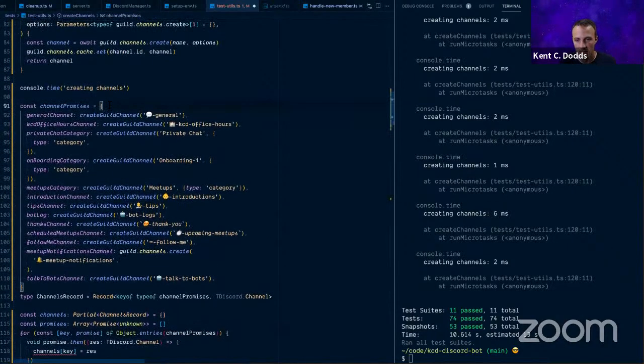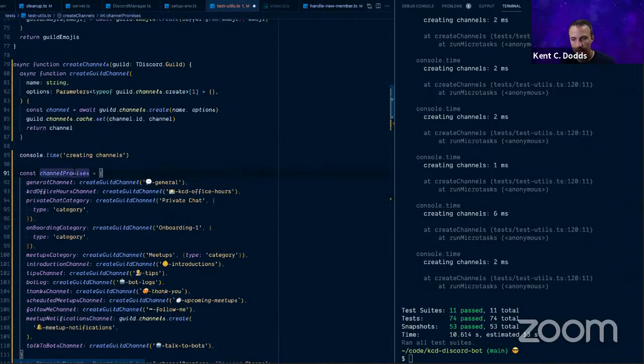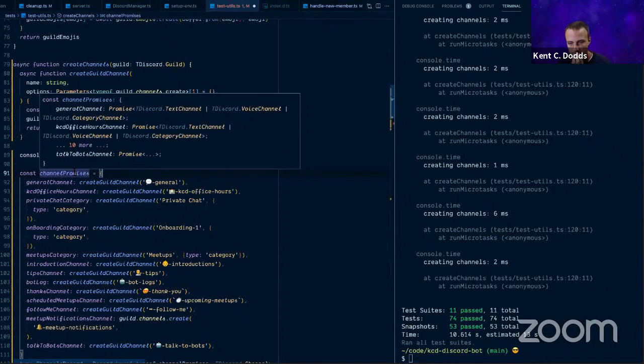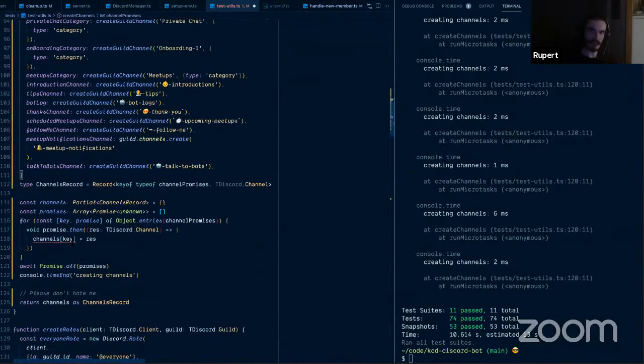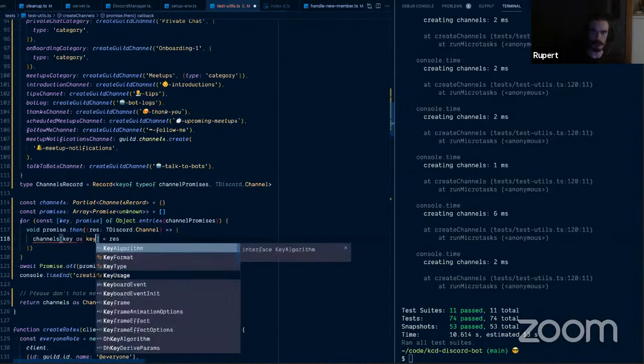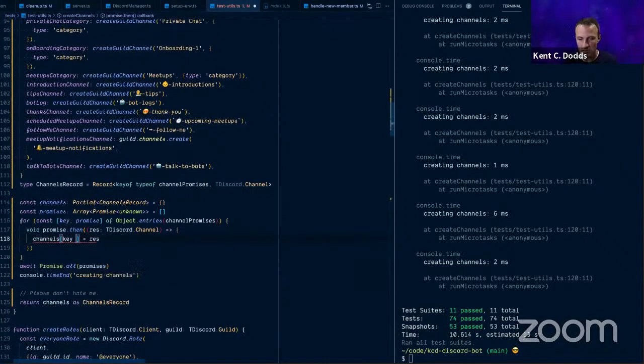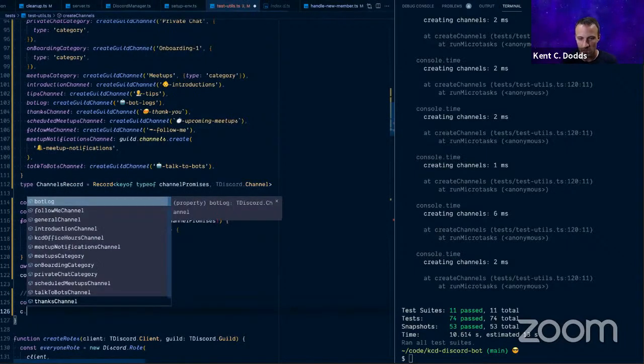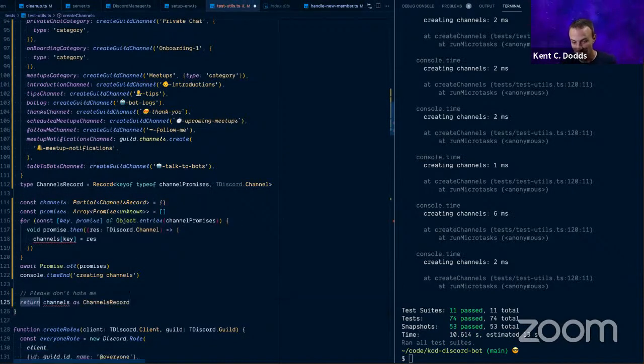Wait a second. You need the keys to be specifically typed? What goes wrong if you just have a record of string? Well, by the end of it, I do want it to be a record of string const, so I can do dot and get that autocomplete. So by the end, it does need to be that, but